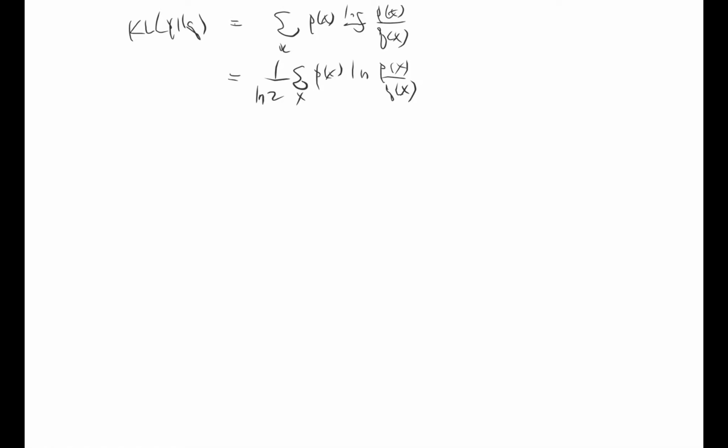If I look at the log x function, it looks something like this. This is the log x function, and note that the log x function is upper bounded by